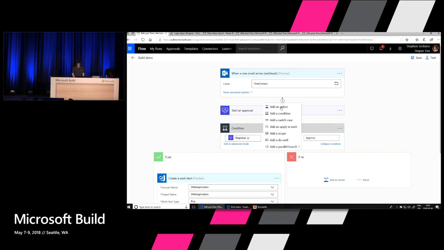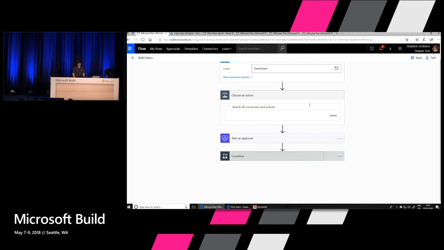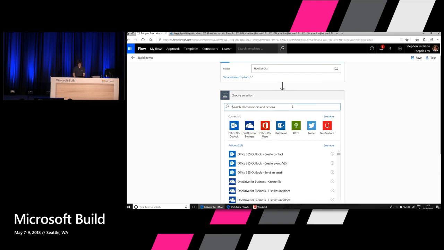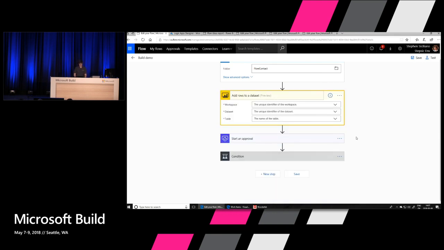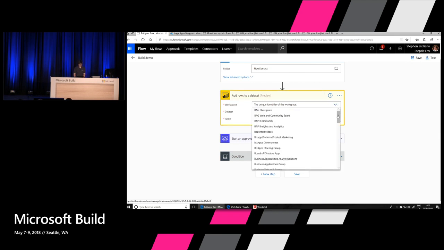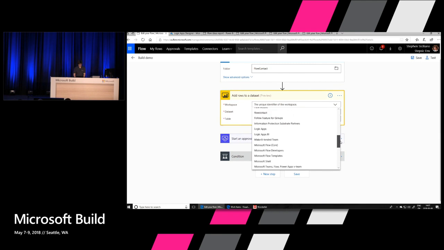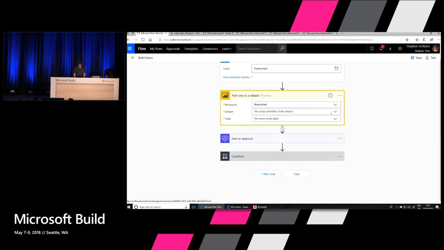So I can do that by pushing data to a streaming data set inside of Power BI. So I can search for Power BI here. You can see we have an add rows to data set action inside of that flow. And then I choose what Power BI workspace. In this case, it's the flow contact workspace, as well as the data set that I created for this and what table I would like to stream data